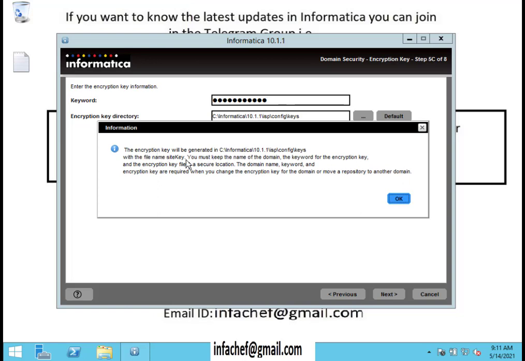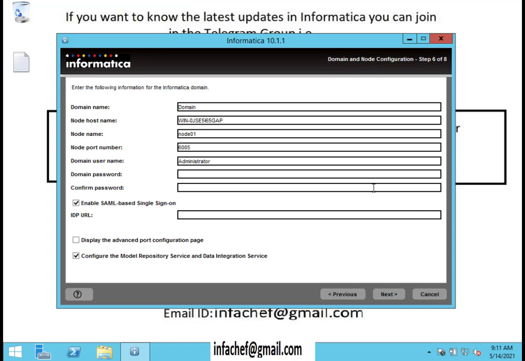So it will create a site key file in the site key location, where you can use this file to create it on other systems. I'll name it info_dm_poc as the domain name, and I'll make it a node name, whichever, okay. And I'll make it an admin, and I don't want to enable the SAML authentication. I don't want to enable any services. For now, I'll be moving to the next steps.